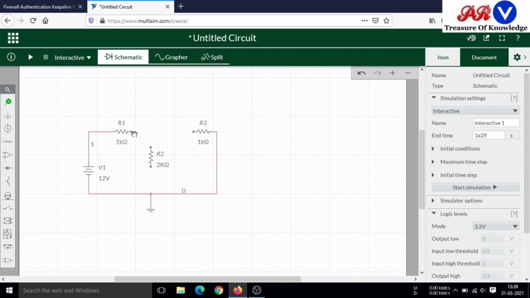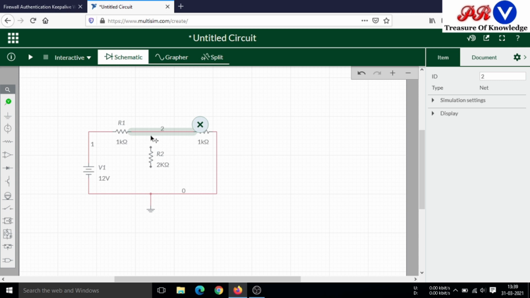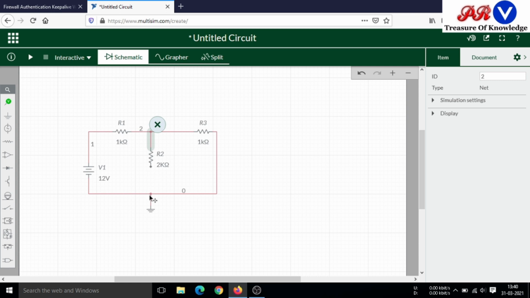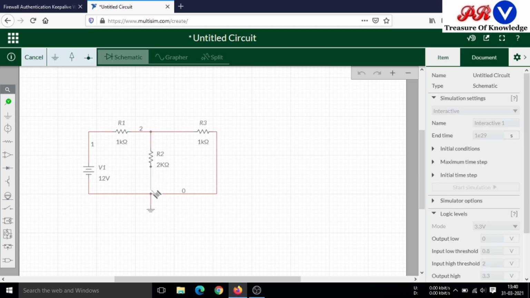Now I will connect this circuit. This connection has been done. Now this will connect here.